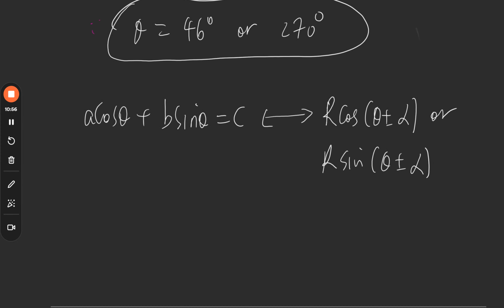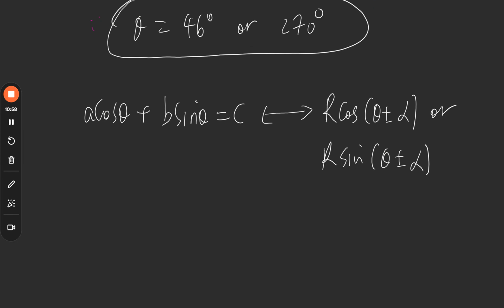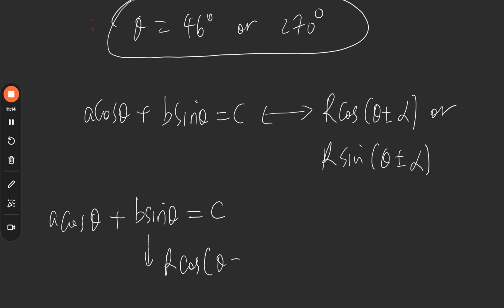So what we are going to do, I'll be taking, for example, the first one, a cosine theta plus b sine theta, and we want to express this in the form of r cosine theta plus alpha. Okay,